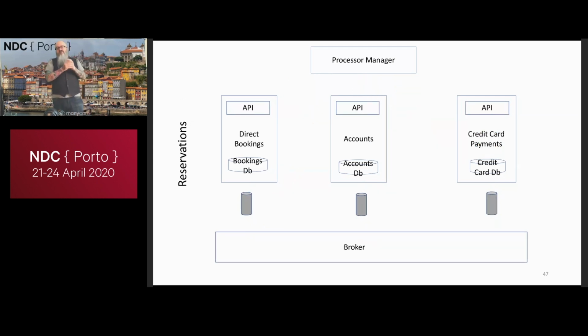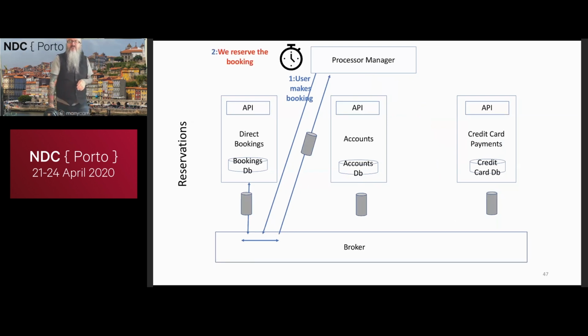The other kind of model that process managers are particularly useful for, and it comes into play quite a lot in the hotel industry, is the reservation pattern. The idea with the reservation pattern is there's a lot of demand for rooms, and I want to make sure that I don't have a room in some suspended, we-didn't-take-a-payment state for long. I want to make sure that the transaction gets completed, or else we make the room available to somebody else. So typically, when the user starts the booking, we start a timer. Generally there's some scheduler running the process manager which says this booking ought to have completed in this time frame.